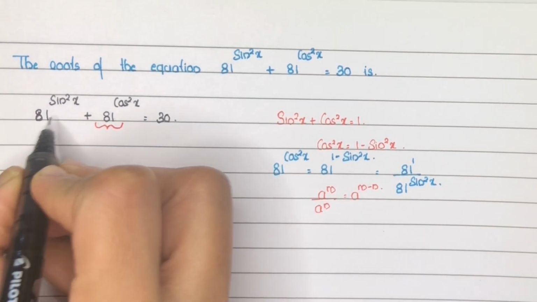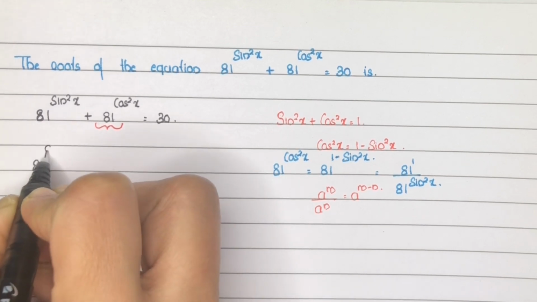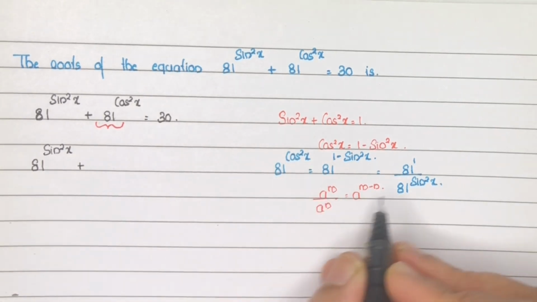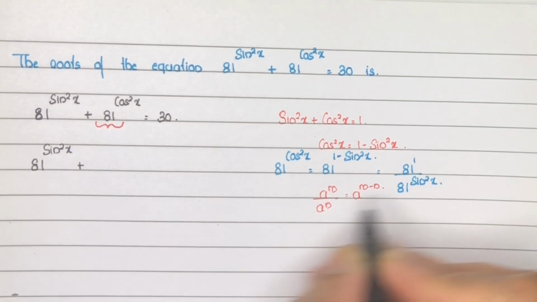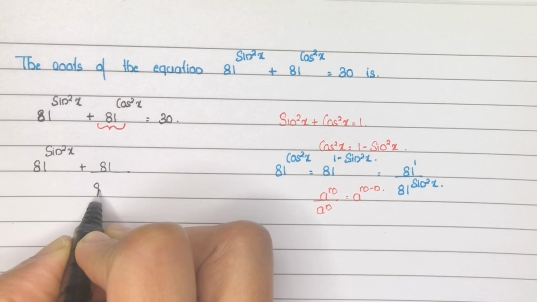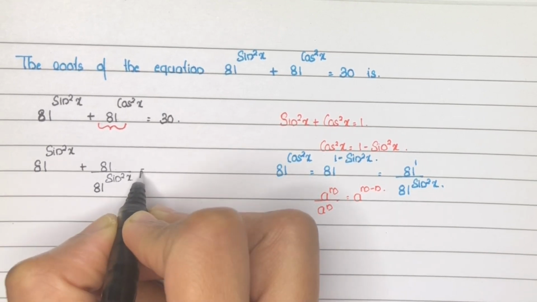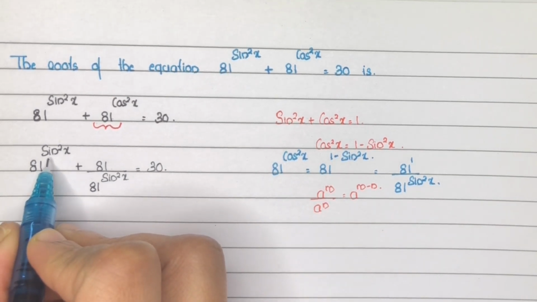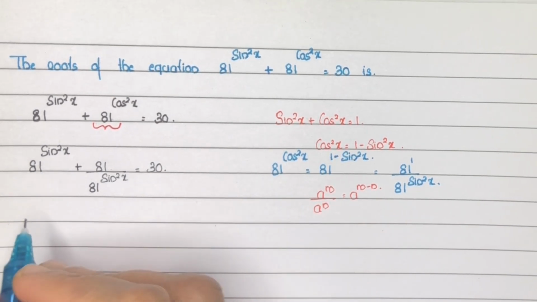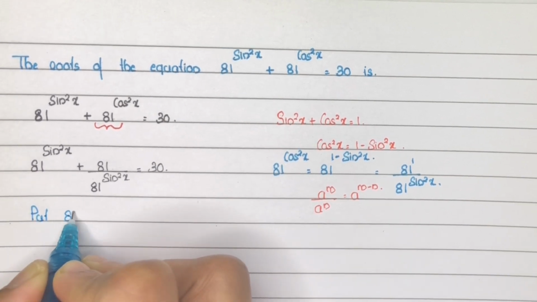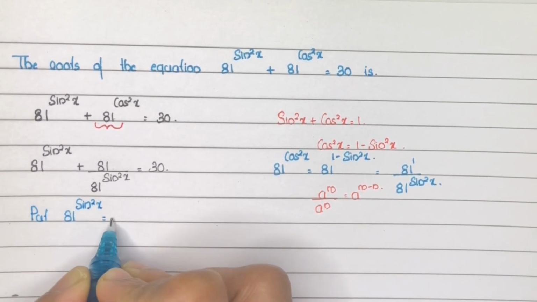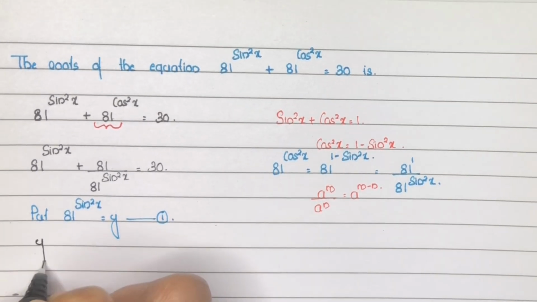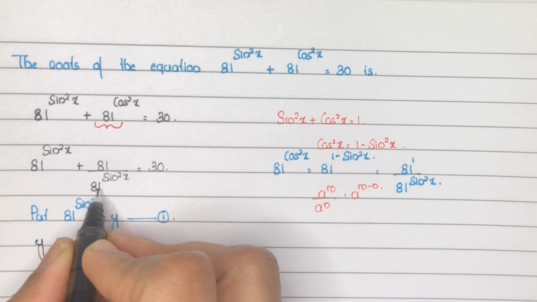Substitute here: 81 raised to sin square x plus 81 raised to cos square x equal to 81 by 81 raised to sin square x equal to 30. Next step, put 81 raised to sin square x equal to any variable, say y, and mark it as equation number 1. So the given equation becomes y plus 81 by y